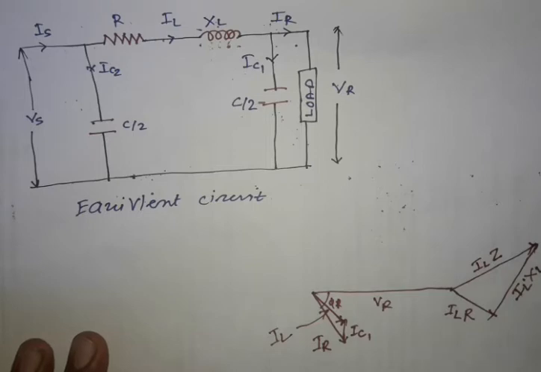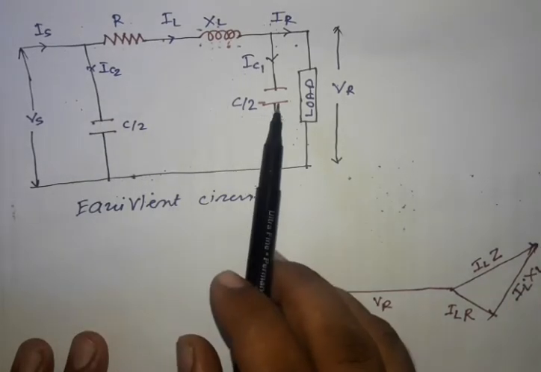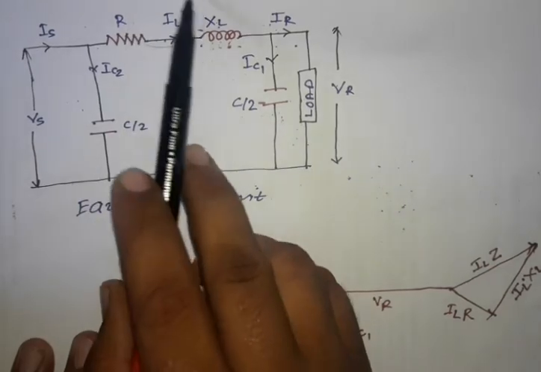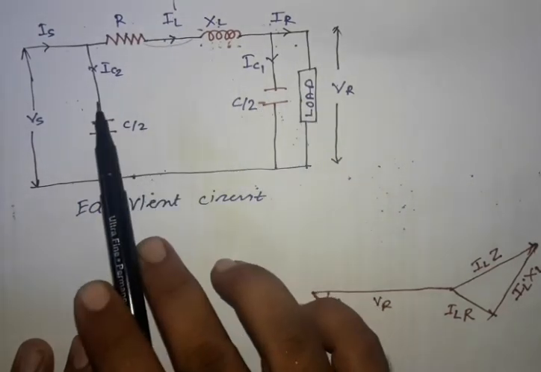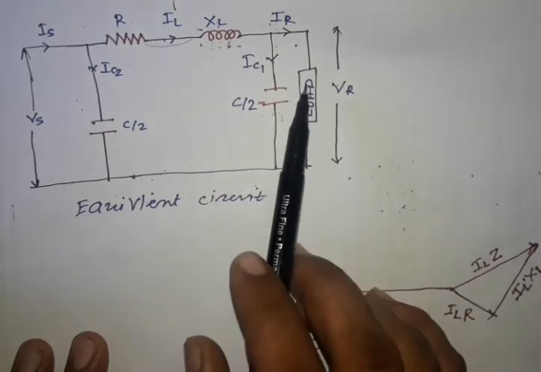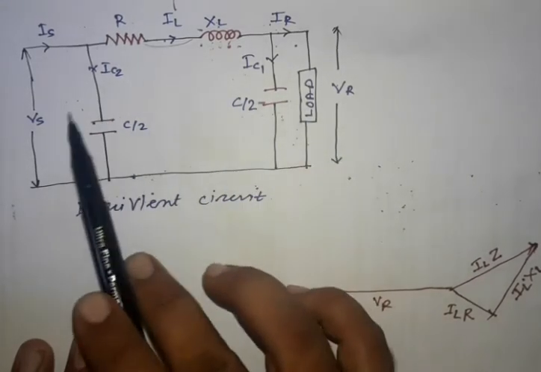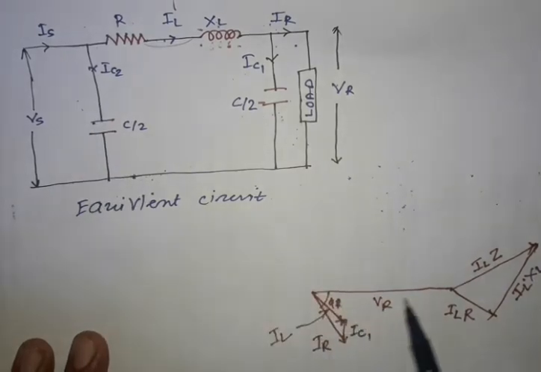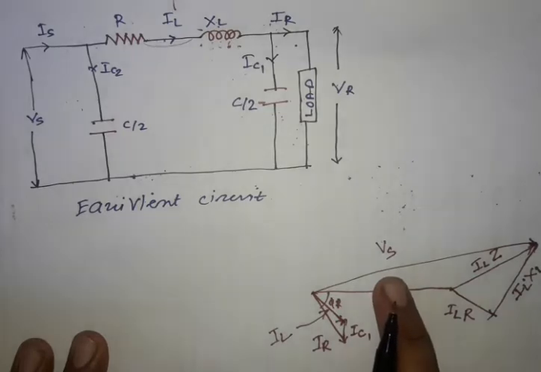Now VR is the receiving end voltage, and here is some drop. So voltage Vs is equal to drop plus receiving end voltage. So VR plus drop is our sending end voltage. Here is the VR and here is the drop. The resultant of both is our sending end voltage Vs. So we draw the line for the sending end voltage, which is Vs. Now the sending end voltage line Vs is here.